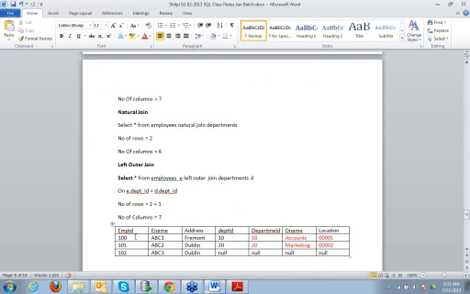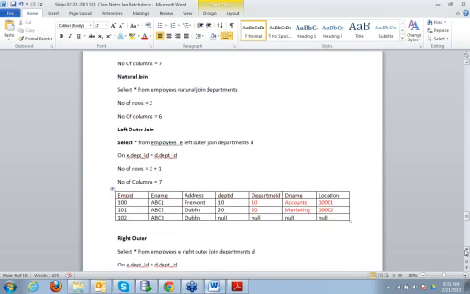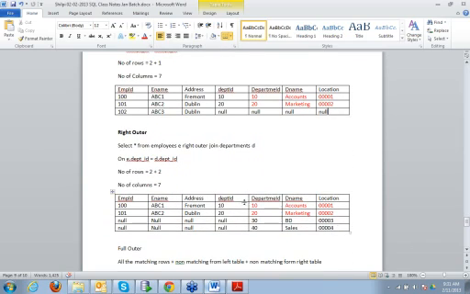So if you see here, this is the left outer join, and since it doesn't have any matching values, for all the other things it is going to give us null, right? Then we have right outer join. The same way we write our right outer join, and it gives me the non-matching rows from the right table plus the matching rows from the 2 tables. So here we have 2, and all the other values for the left table are appended with null.